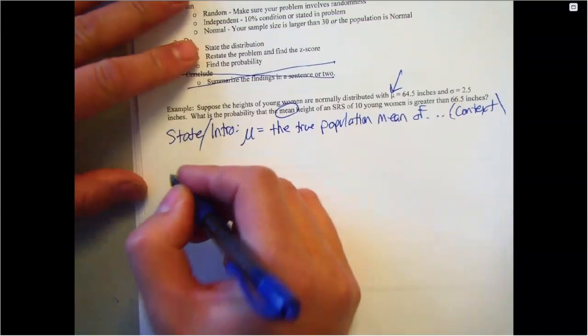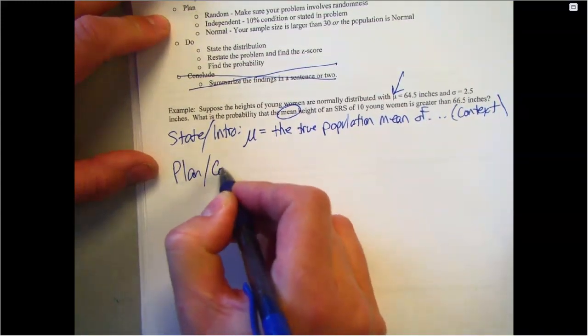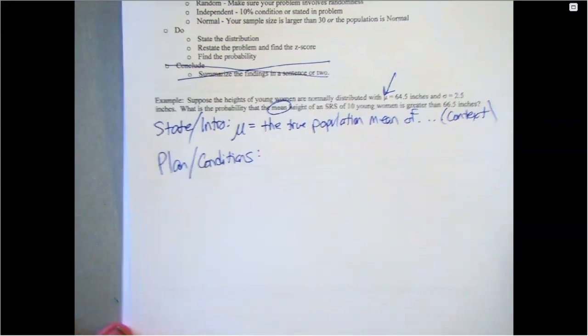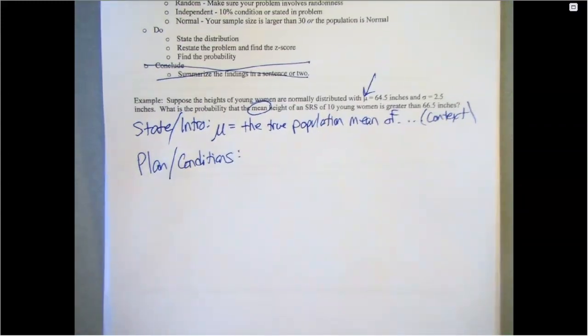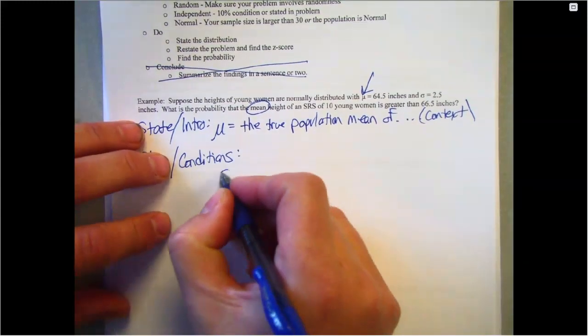And then she says plan. I would say conditions, either way. And then this is what your gigantic sheet of paper can help with. You can't use it on the test, but it can help you sink in your brain. So I'm going to do shape, center, spread. I don't know, should I do the order I did before, or just go shape, center, spread in that order, or do you care? Shape, center, spread. Okay. So the shape condition,